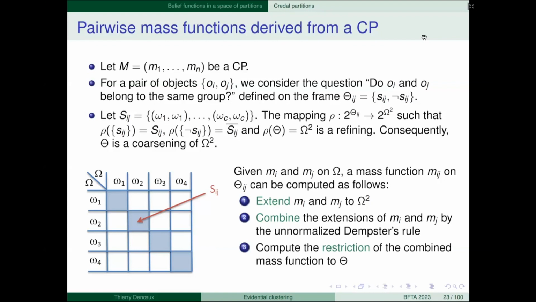So theta ij here is a coarsening of omega squared. Given now two mass functions mi and mj on omega, we can compute a pairwise mass function mij as follows. We vacuously extend mi and mj to omega squared. We have seen that when you have a mass function on a coarsening, you can extend it on the refinement. Then we combine the extended mass functions by Dempster's rule, but without normalization,